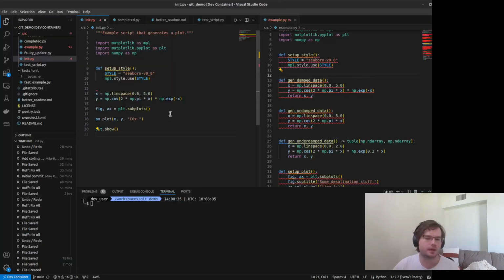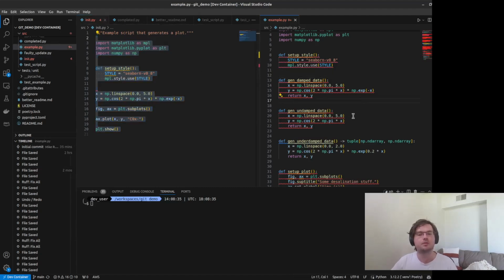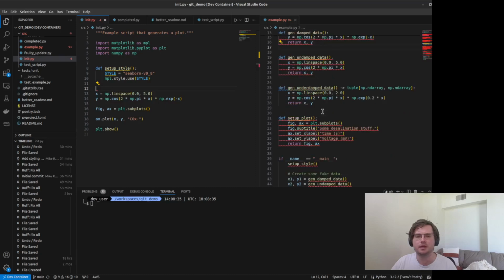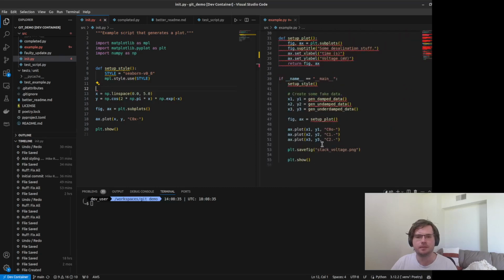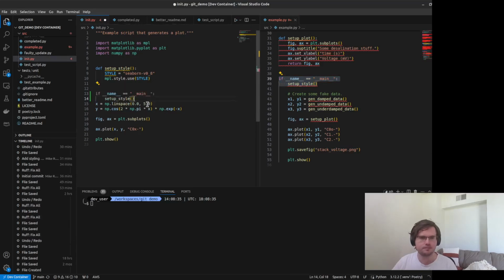So now what I'm going to start doing is going through and making some changes to my code to take it from this state to this state. And as I go, every time I make a change that does a particular function, I'm going to save the state by making a commit at that point. And I'm going to show what that looks like and what it means we can do with that afterwards. So in this case, for example, I may start by adding in the if name equals main section here and the setup style.